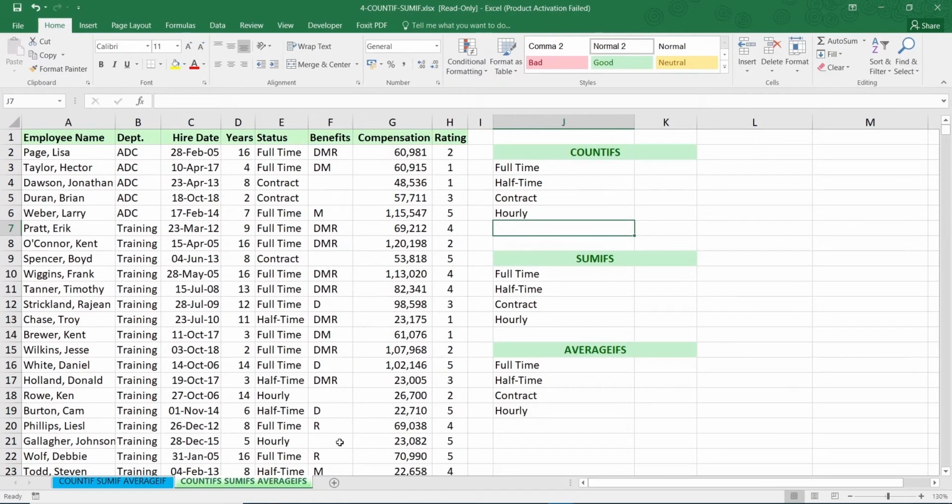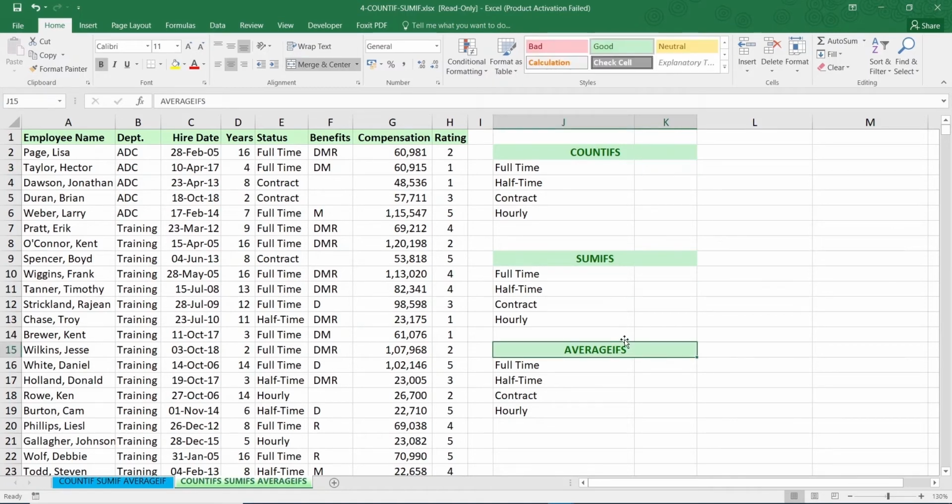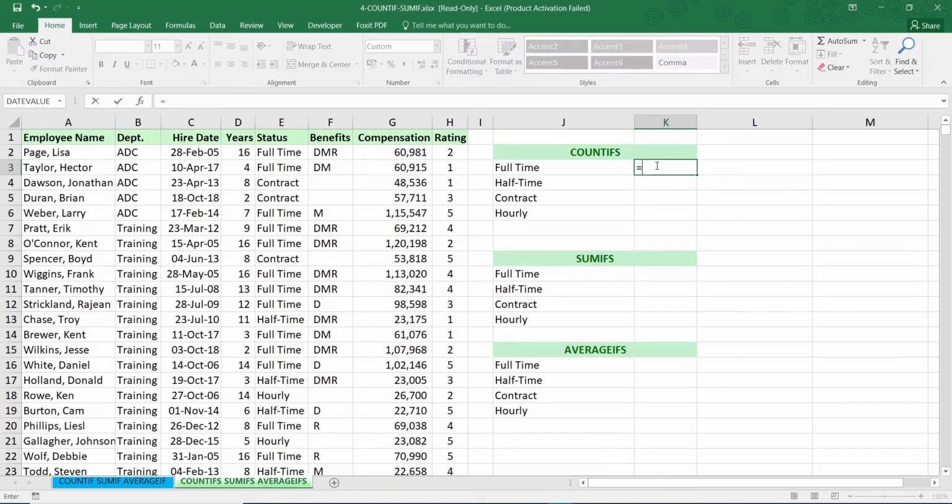So this is a very general concept throughout Excel, that if you have an S followed by any function, then you can put in several conditions, several criteria, and if it is not followed by any S, then it is a single criteria. So it's a very similar concept over here, that in COUNTIFS, SUMIFS and AVERAGEIFS, what we are doing is we are putting in several conditions. Only if all the conditions are met, we get the total count or the total sum or the total average. So how does the syntax look like?